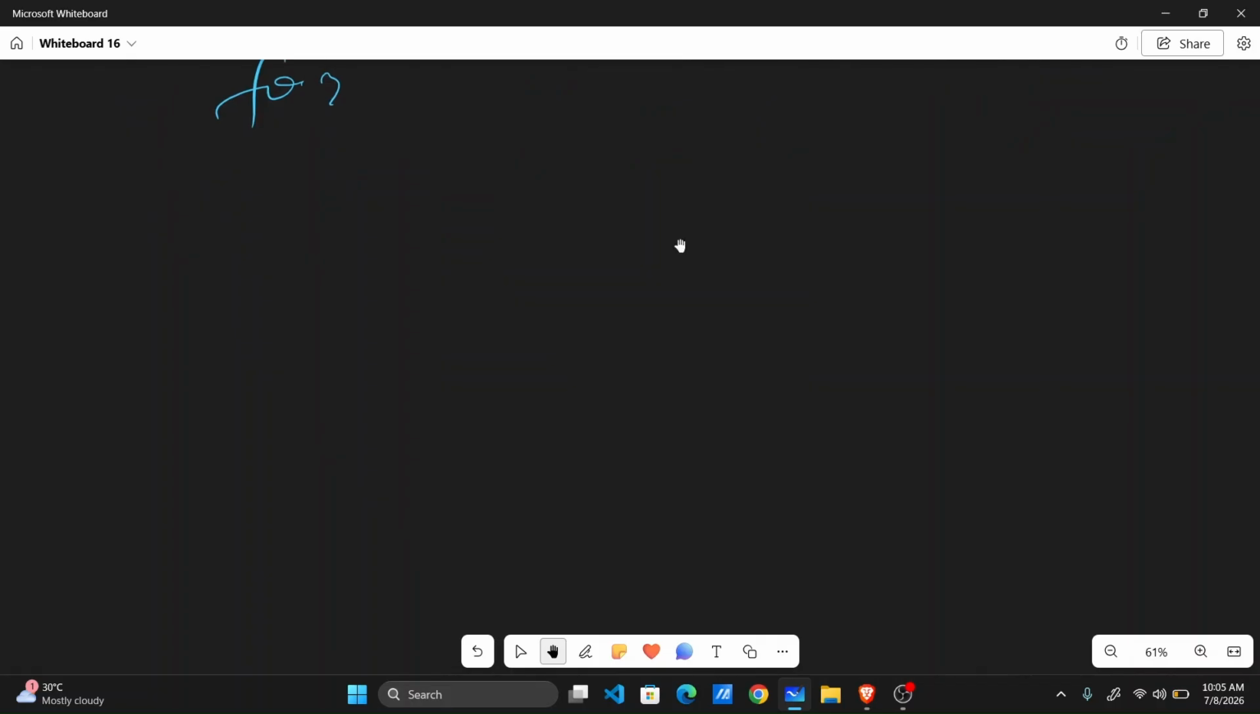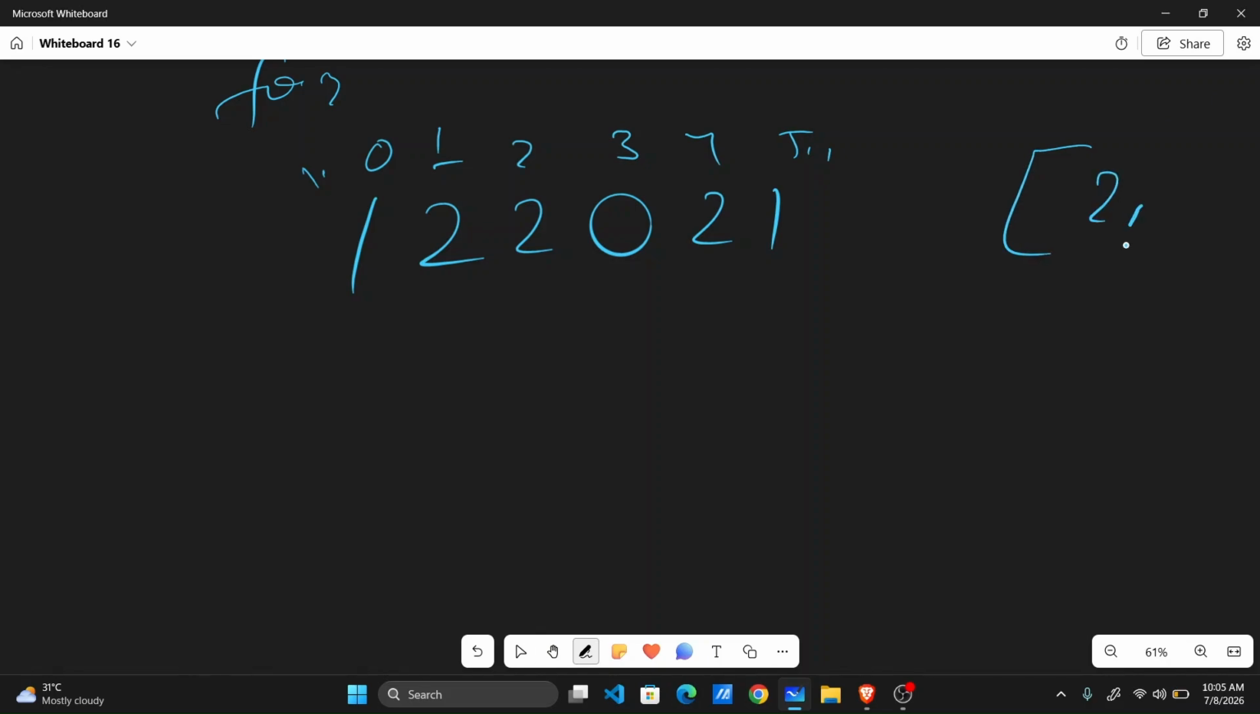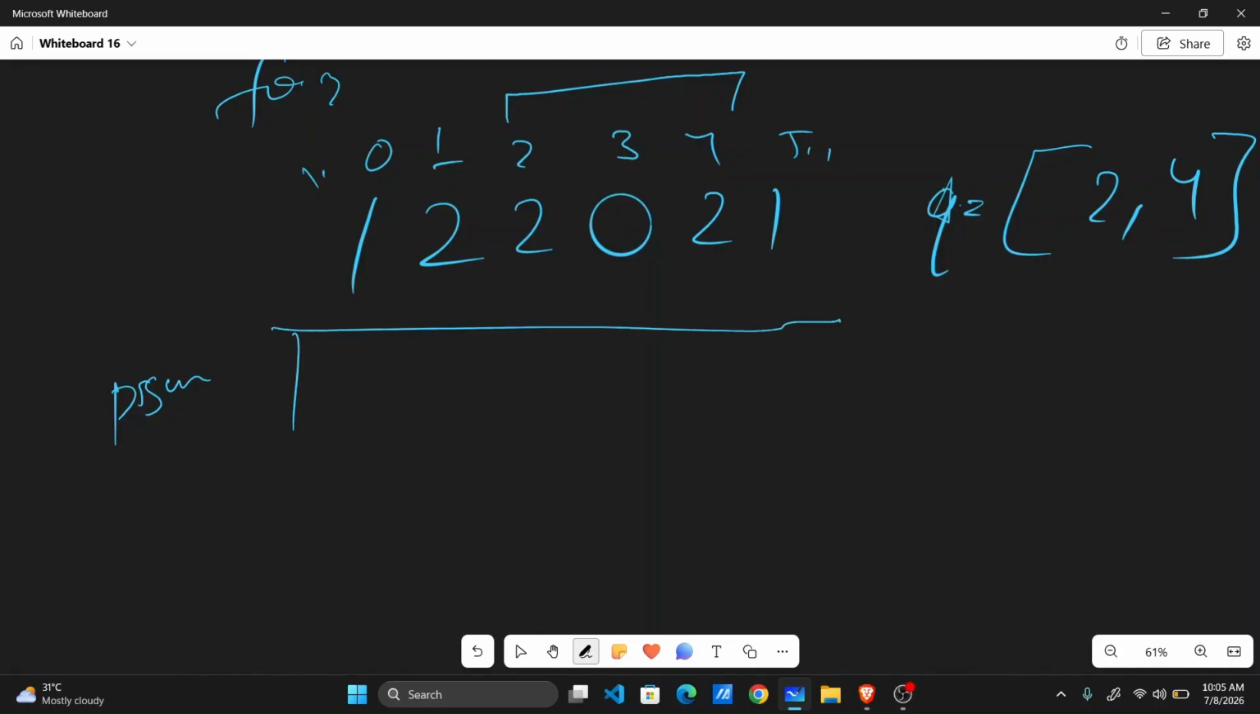So if the digits are given like this one, and these are the positions 0, 1, 2, 3, 4, 5, and suppose anyone asks what is the sum from 0 to 4, so the range, suppose the query is this one. So for the sum, what will we do? Can we make a prefix sum? What is a prefix sum? It is nothing but